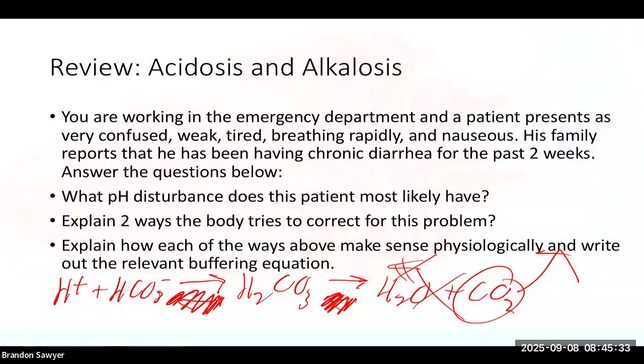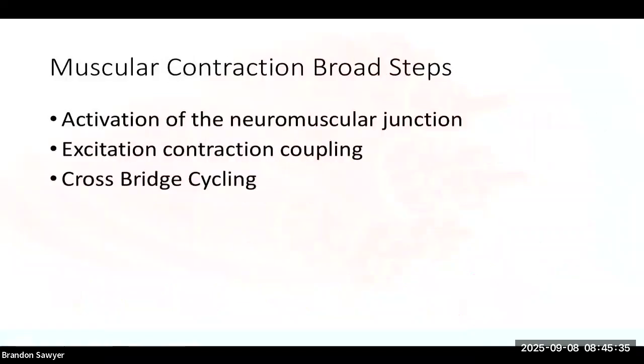Okay. All right. Well, let's move into some muscle physiology then for today. We're going to run through a review slash overview of all the steps related to muscle contraction here. We're going to start with the activation of the neuromuscular junction, that first part of connecting the nervous system to the skeletal muscle. And then we'll talk about how we activate the skeletal muscle to turn it on, get it ready for contraction,